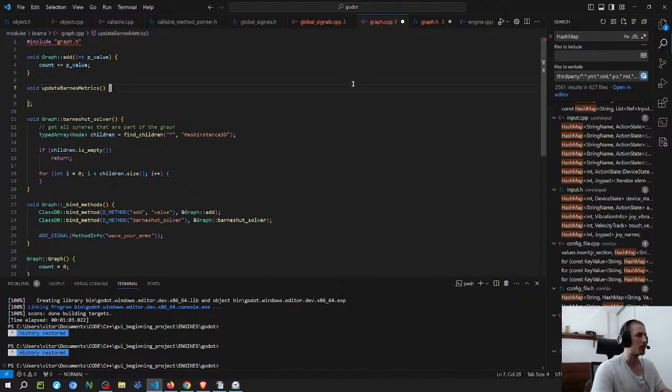So this one I would have to get the data. Yeah, I have to think about how I'm going to structure this.